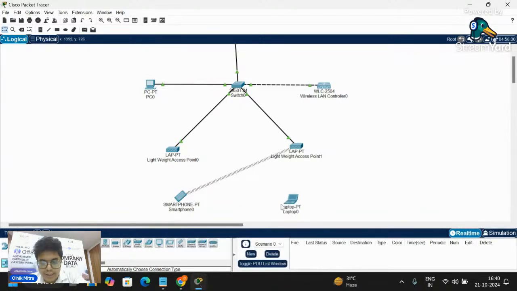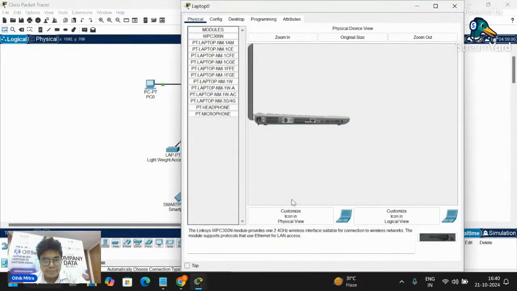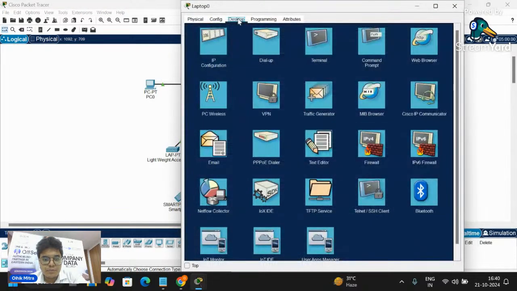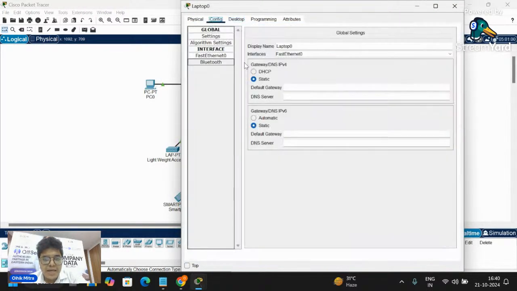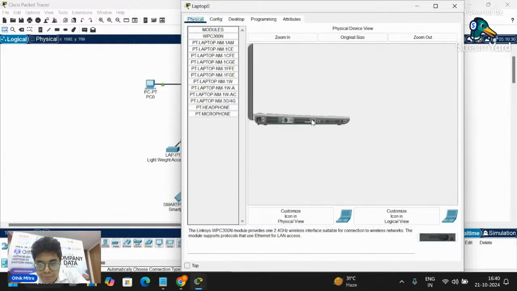Now let's connect the laptop also. But as you can see, there is no option called wireless zero or any wireless medium. So in order to do that, we need to manually insert a Wi-Fi interface in the laptop. How to do that? Go to Physical. See, this is the Ethernet port, but we do not need any Ethernet port right now, so remove it.